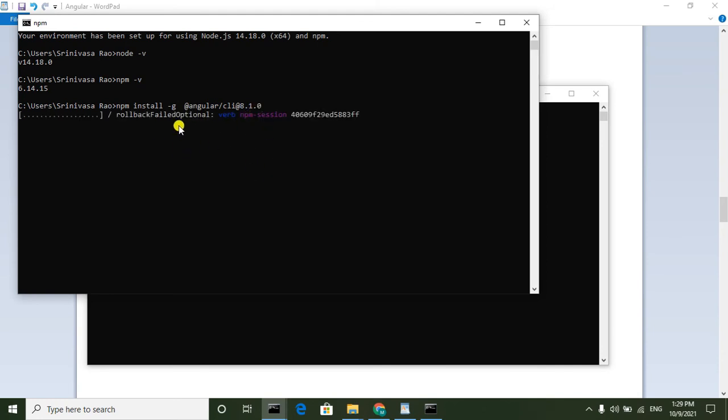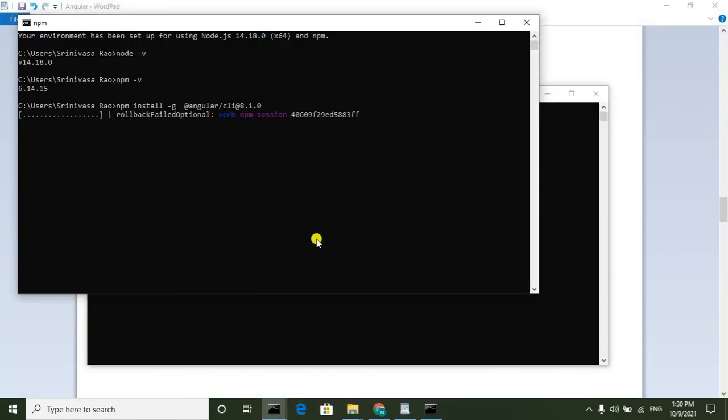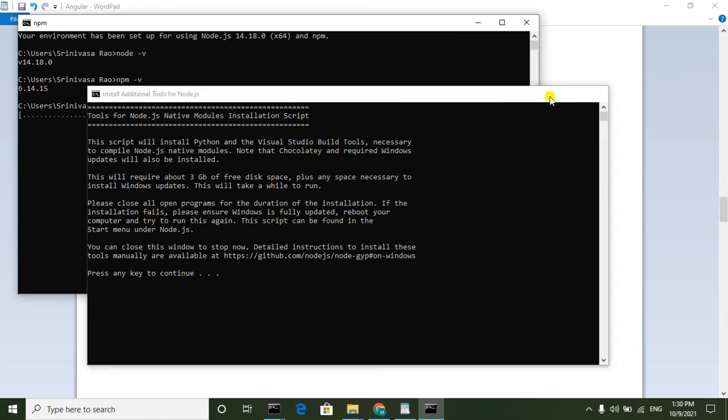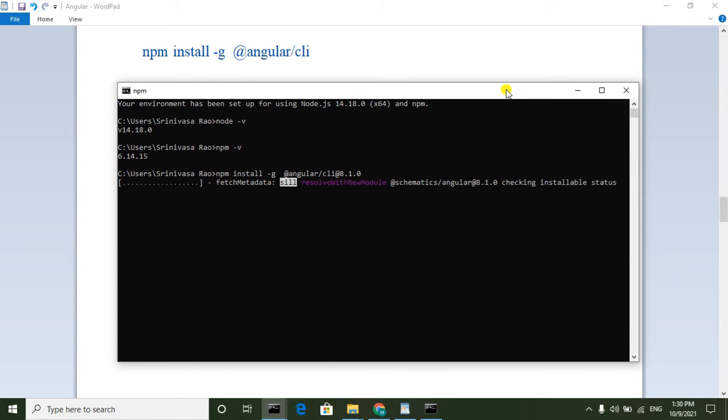So it is loading all the packages. Maybe it will take some time. So it will take some time to install. Minimize all the other windows. We can see here different packages are installing and it's loading related classes.